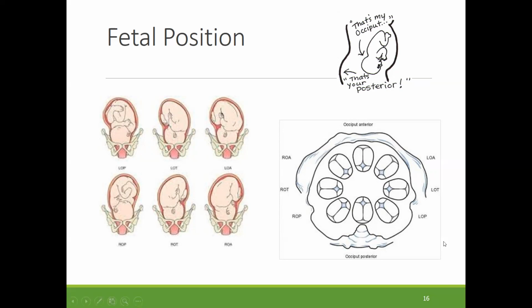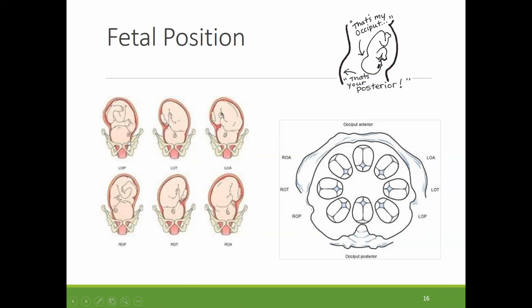So the occiput anterior is the most favorable. Like this position here would be the most favorable because baby's occiput is anterior. Okay, so that's what I'm talking about. So if I have LOP, that is left, baby's on the left side of mom, because remember, if I'm looking directly straight onto mom, mom's facing me, I'm talking to her, and this is what you're seeing, then